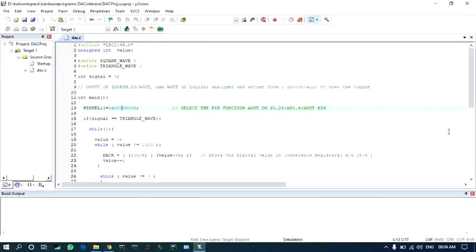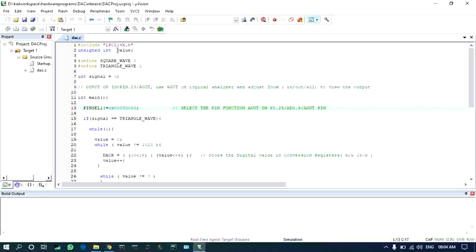Now let us see a simple demo program on Keil environment to configure DAC in LPC 2148 to generate a square wave or triangular wave. In this program, we include this LPC 2148 header file in order to access definitions and declarations related to LPC 2148.